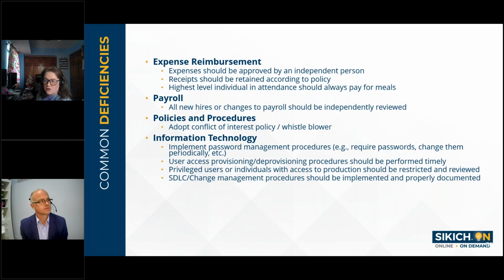Payroll: making sure that there are controls around new hires and changes to payroll. We saw a very large retail pharmacy store that caught its managers delaying the termination date for employees in their system so that they could take the last paycheck and cash it at a currency exchange, grocery store, and a variety of other places. So I can't emphasize enough making sure there are controls over new hires, changes, and terminations.